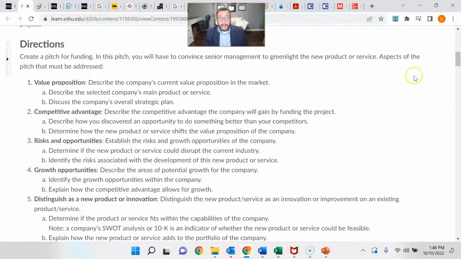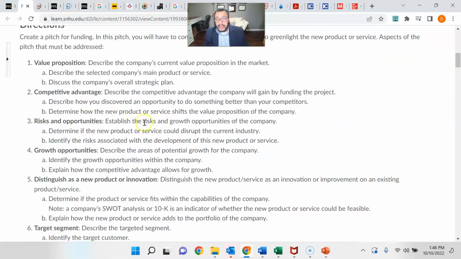When I'm grading your paper, when I'm hitting these rubric items, I'm looking for you to say this thing. That's why I want to say, oh, value proposition. They describe their product or service. Great. They discuss their overall strategic plan. Great. I don't have to agree with it. I might make comments and say, hey, I might disagree, but I still will give you your points because you did the thing. You don't have to agree with me on this, but I want you to actually hit the points that we're after, right?